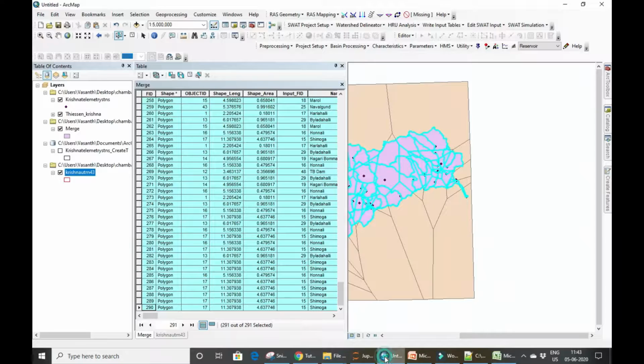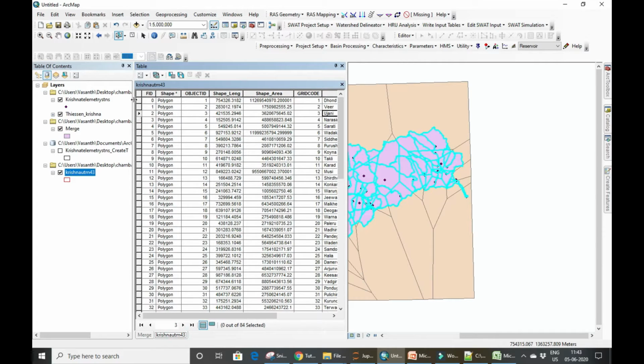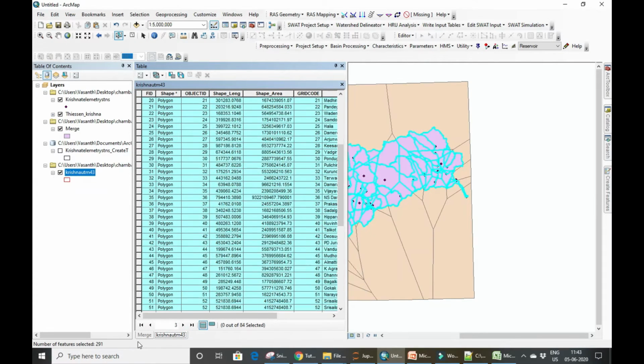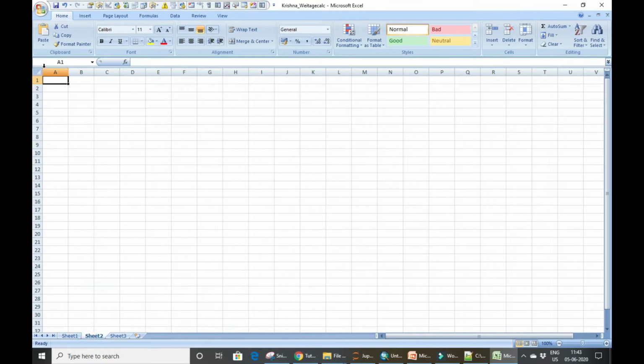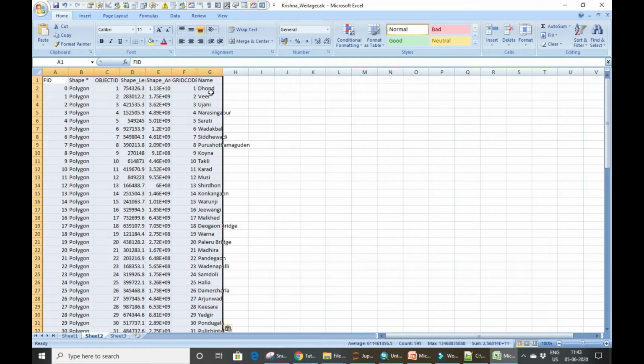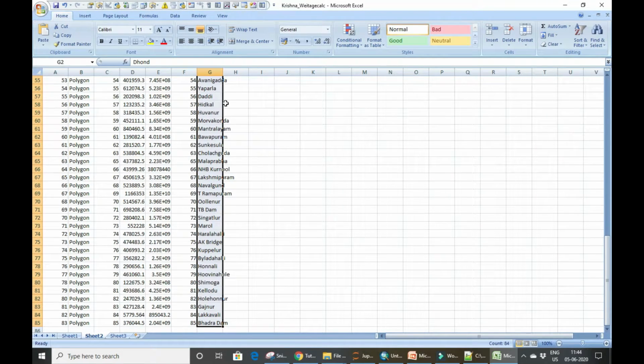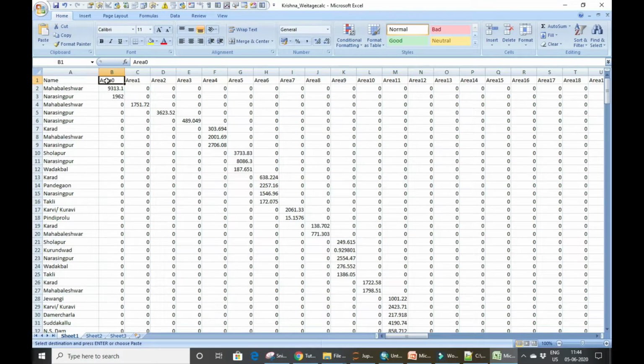If you want to be clear what exactly this area 1, area 2 means, I will also copy that from the shape file name. I will again copy everything of this, then say copy selected, and paste it here.